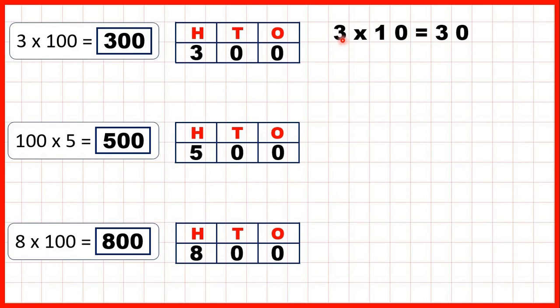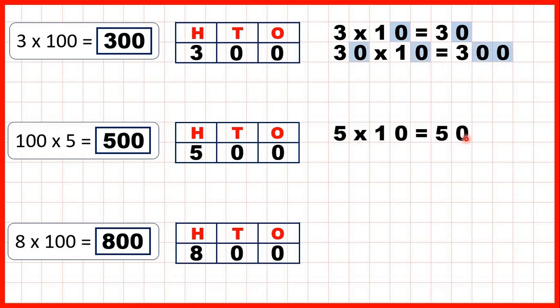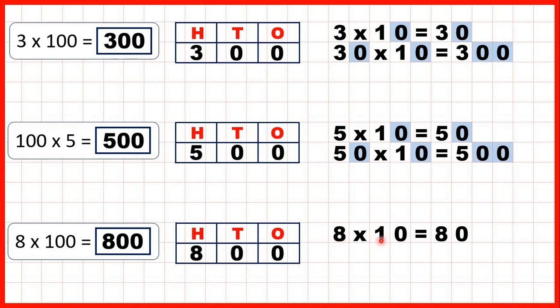So we know that 3 times 10 is 30, but then if we have 30 times 10, we have 300. We know that 5 times 10 is 50, but then we can take that 50 and multiply it by 10 again, and that gives the same answer as multiplying it by 100. Then 8 times 10 is 80, and we can take that answer, multiply it by 10 again, and we get